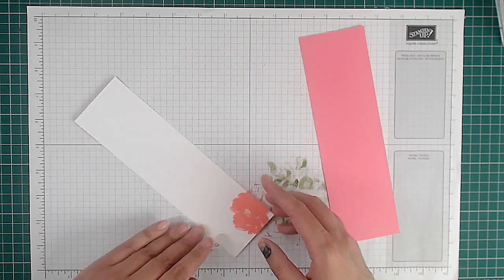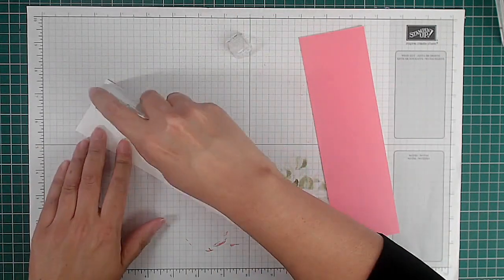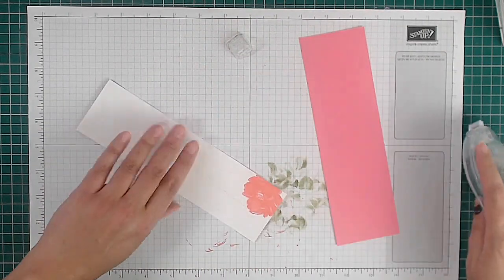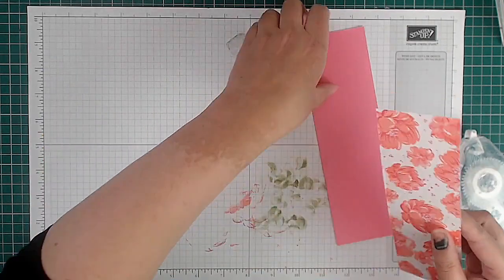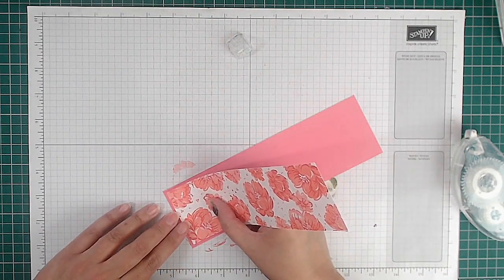Now we're going to back this bookmark on some Flirty Flamingo cardstock, and to use that I'm just going to put a bit of Stampin' Seal on the back, and then we are just going to back this onto our piece of cardstock here. And as I said, the measurements for all of this is on the blog post on